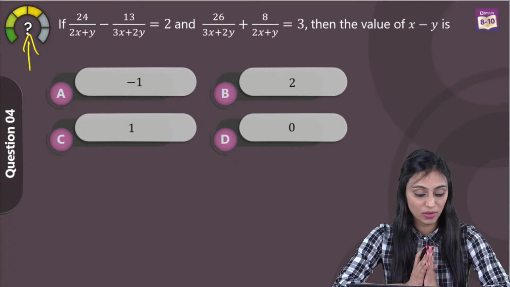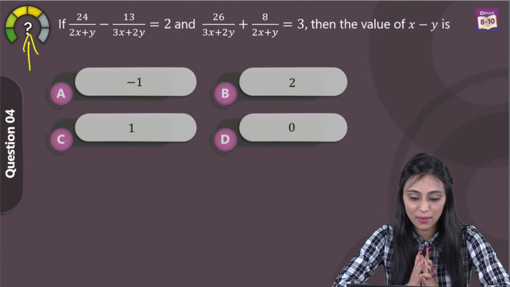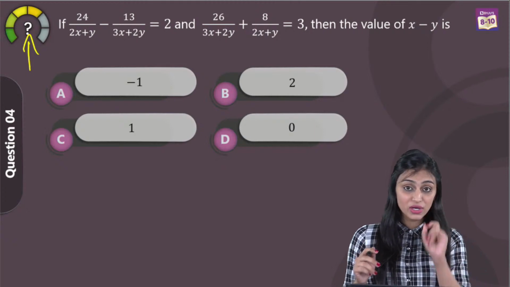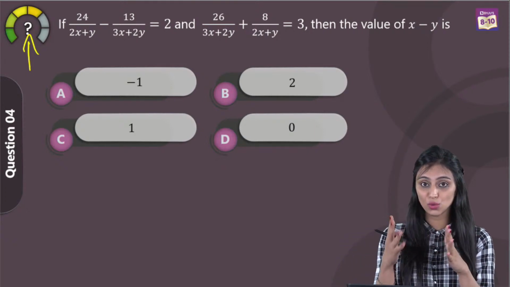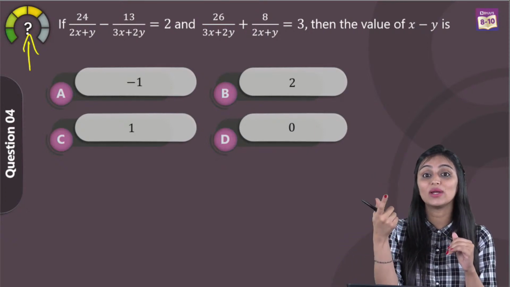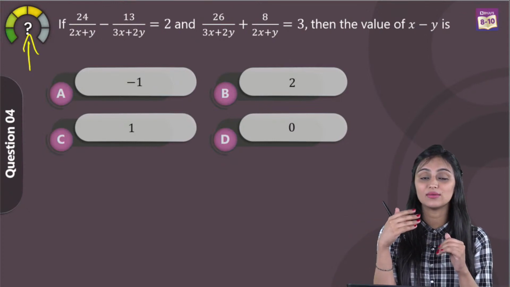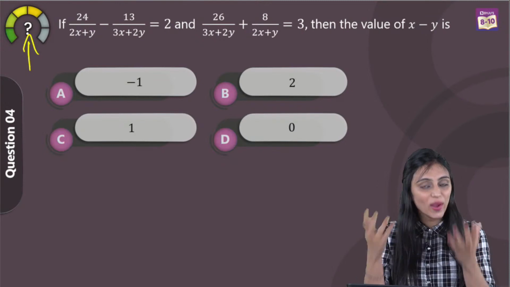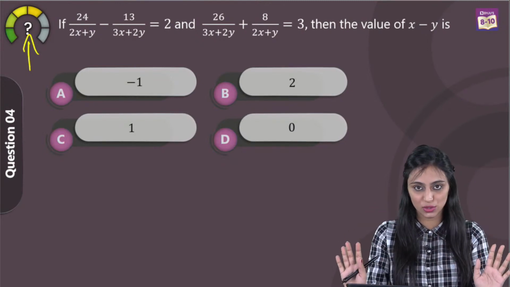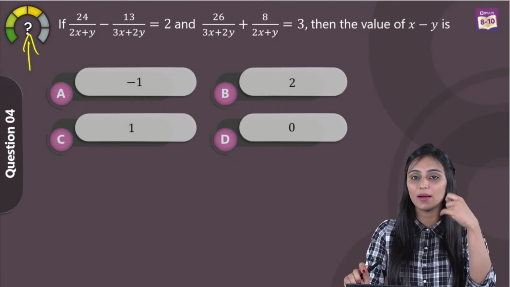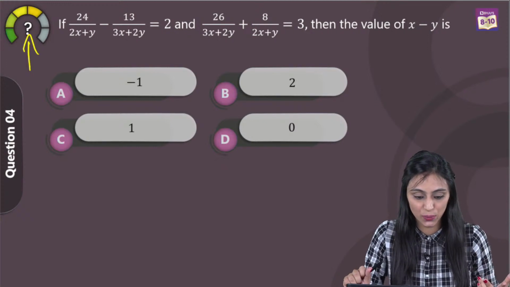Before I start to solve this, Ayush says, ma'am, can we solve the previous question with the substitution method? Absolutely. But first you have to write 81 as 3 to the power 4, like I showed you. And in the other equation, you have to write 81 as 3 to the power 4 again. Then the equations that you get, you can solve with the substitution method. But initially you have to apply the same strategy which I explained to you.